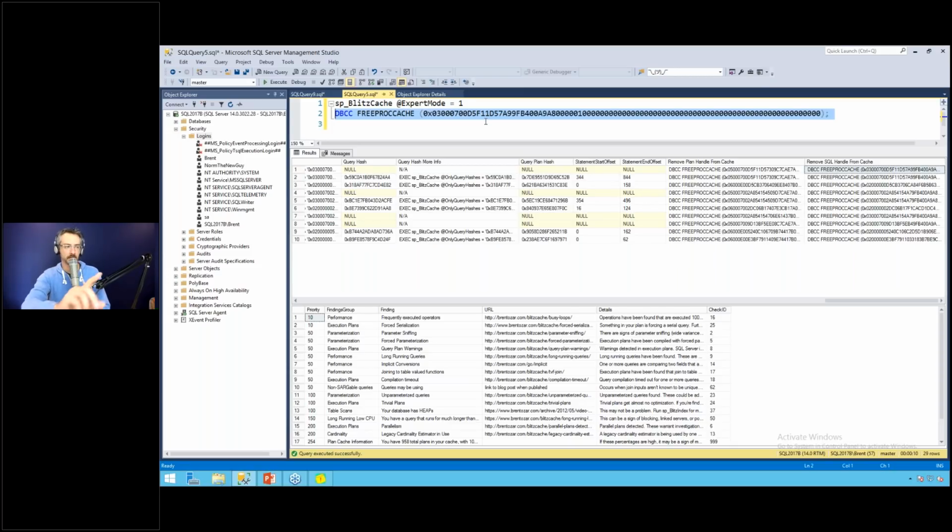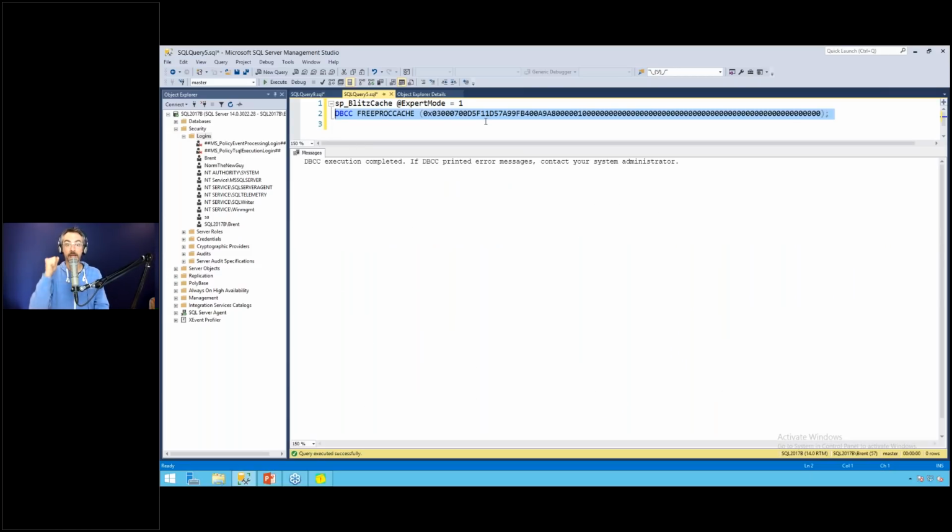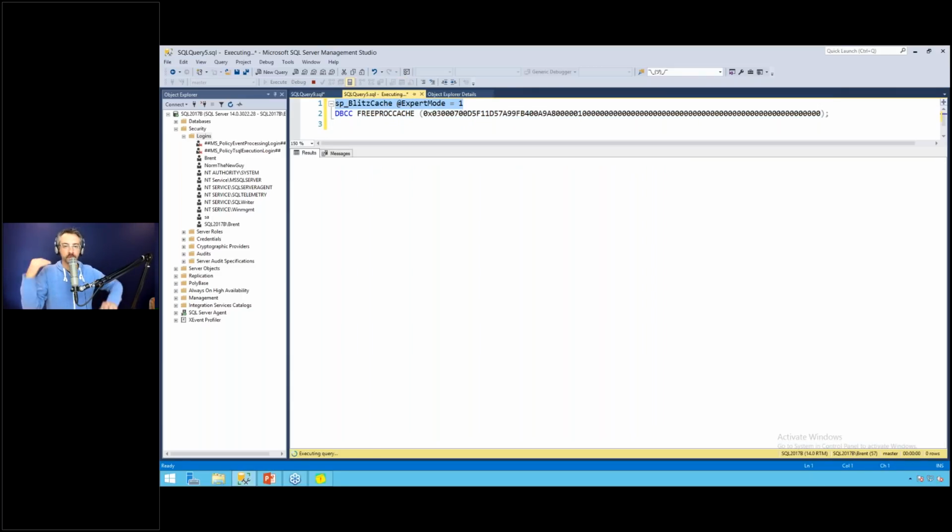Now, I said just a second ago, I'm not a really big fan of free proc cache. I'm a huge fan of this free proc cache because this only nukes that one statement out of the plan cache. Now, when I go through and free that one plan from the cache, the very next time that it runs, it gets a new execution plan,